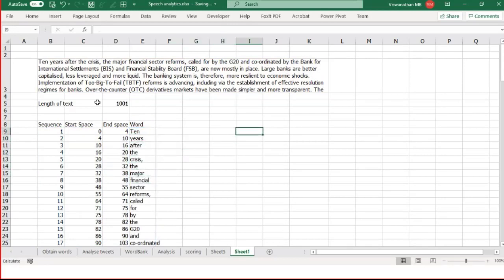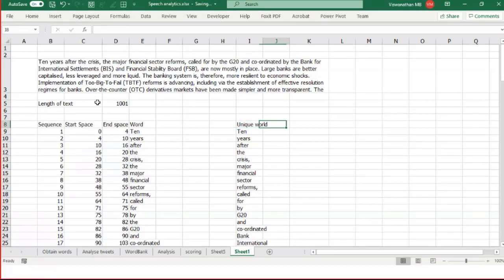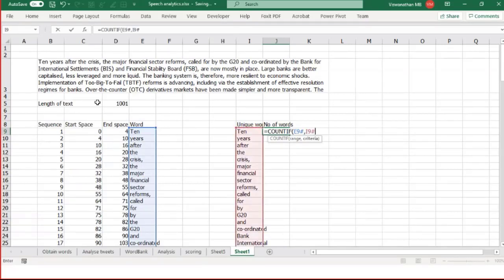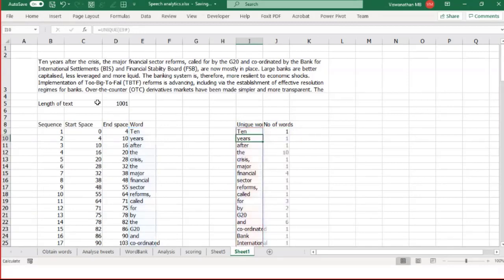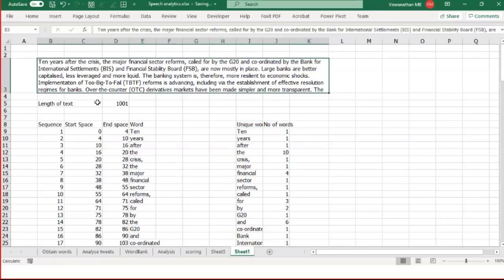Then, of course, this has to be properly ordered so that you can pull it. So I would use a unique function on this, to filter this list and get only the unique values. And then I can use a countif function. In this dynamic array, count how many times this particular word has come. It pulls it across. Now if I change this input text, you would notice that all the values automatically change.